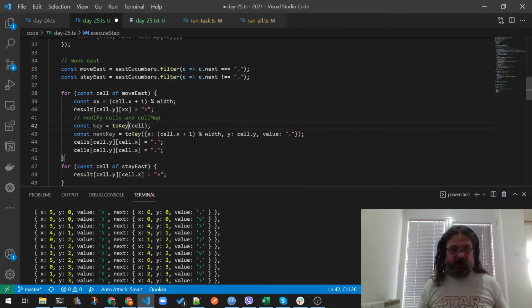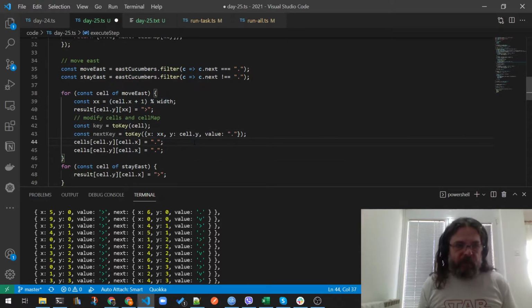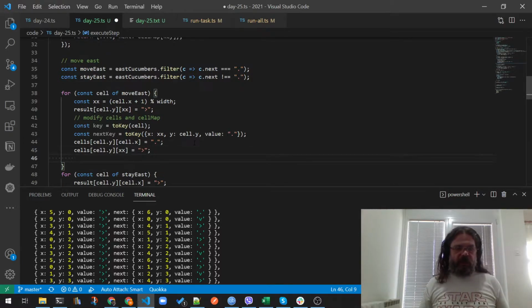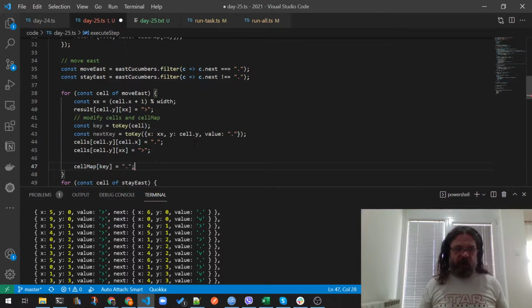I'm not gonna type it 20 times. So the cell of x is dot now, and the cell of xx is now an east moving cucumber, and cell maps map of key is equal to a,